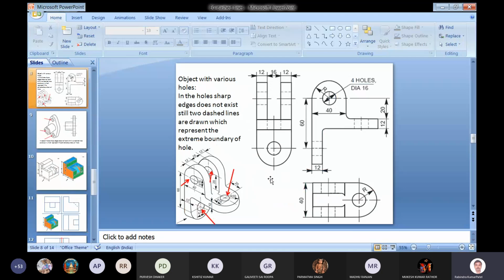So here you can see another object, a little bit complicated, which has a larger number of cylindrical holes. There are four cylindrical holes. We can see from this side, which is the direction for the front view. In the front view it will be shown as a circle only, but here we will see the hole, and the extreme boundaries of the hole can be shown by dashed lines, which